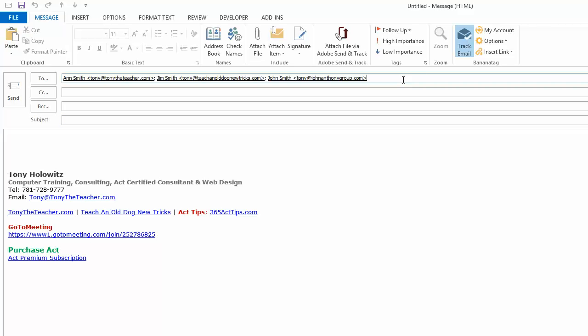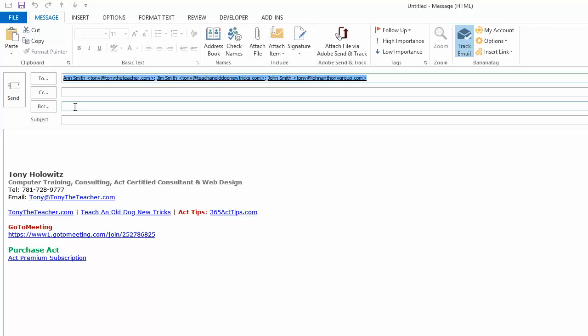If you have a lot of contacts up in the To field, you need to select them all. And the easiest way to select them all, in my opinion, is by holding the Control key down on your keyboard, the Ctrl key, and pressing the letter A. Ctrl+A is select all. Now what I can do is cut those out of there by going Ctrl+X. So Ctrl+A selects all of them, Ctrl+X cuts them out, and then I can paste them in the